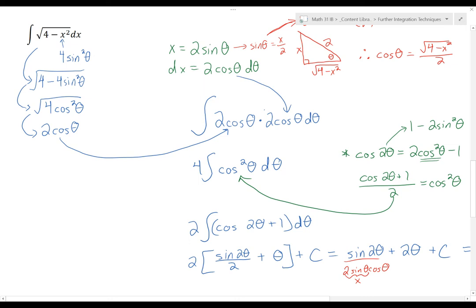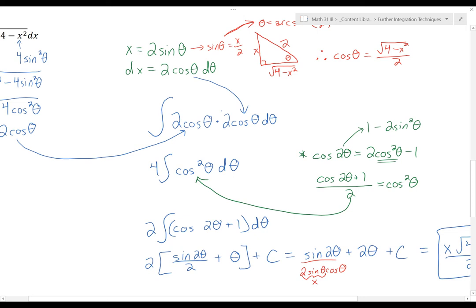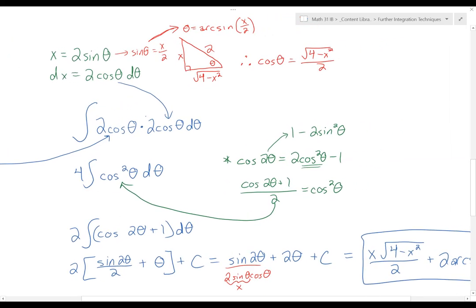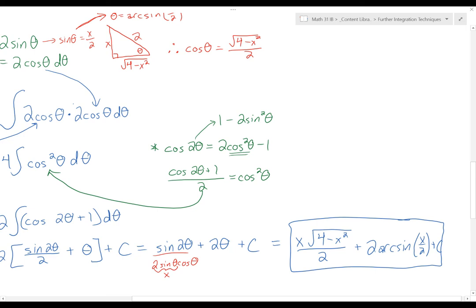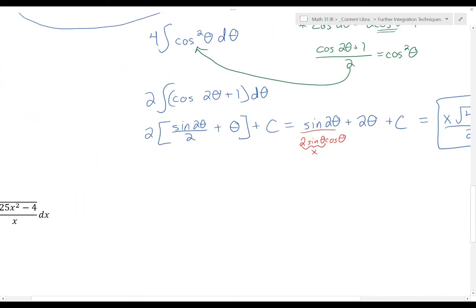Now when I'm looking to integrate an even power of cosine or sine, so generally cos squared theta or sine squared theta, this is where I use the cos 2 theta identity, so you can see that in green here. And from there I integrated. And once I had my integral expressed as a function of theta, I had to figure out, using trig identities and the Pythagorean theorem, how to re-express it as a function of x, and that's where I finally ended up. We're going to look at one more example of this together, where the numbers aren't quite as nice, but